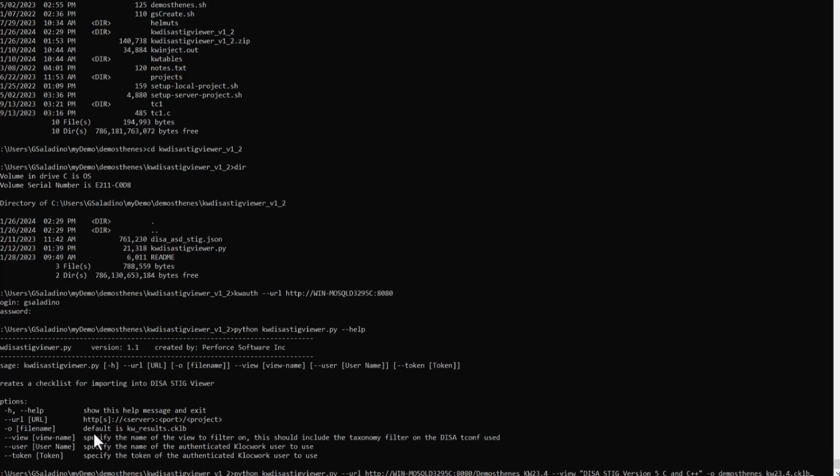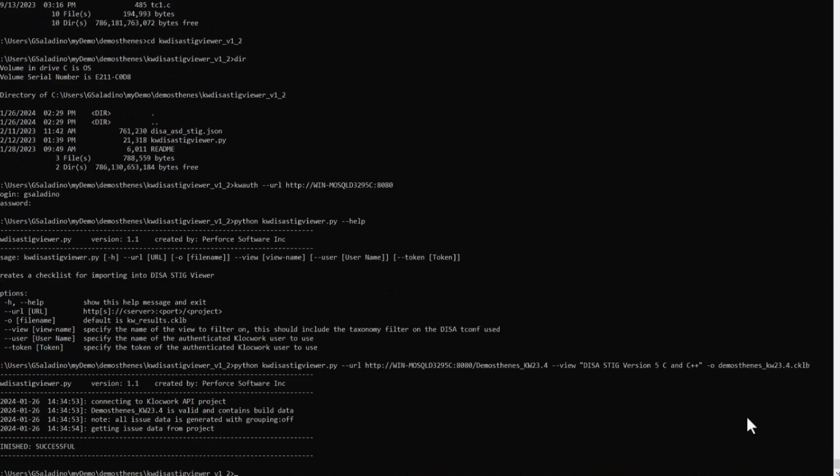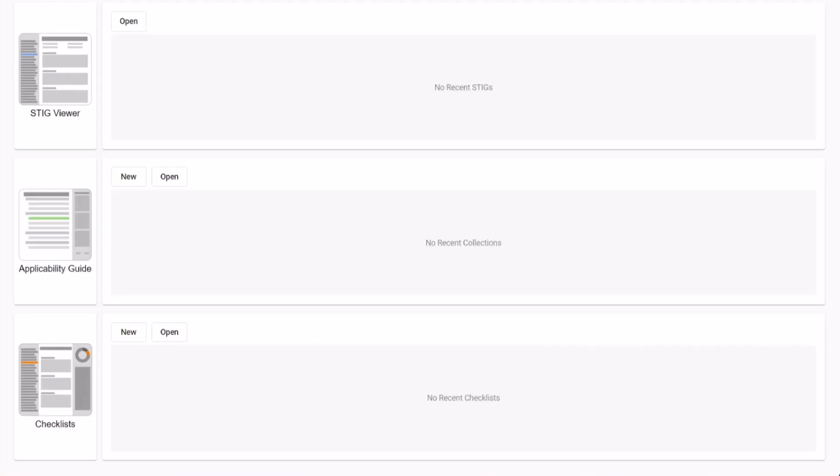And so for today's demo, we are going to simply specify my portal with the project that we downloaded, built, and analyzed for this demonstration. We're going to use the view that I showed from the browser, and we're going to export to this checklist file. And that's it. And now I can pull up my STIG viewer,